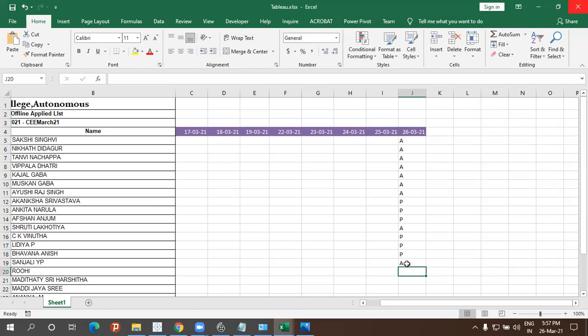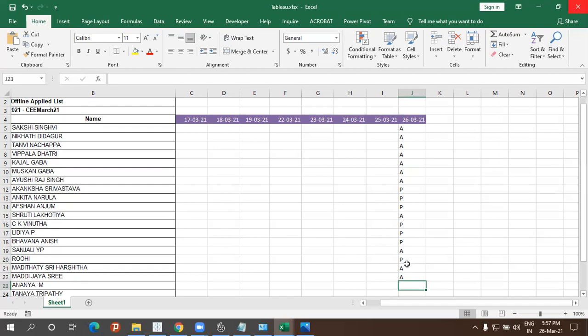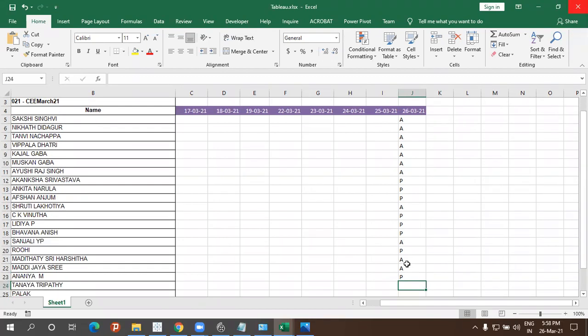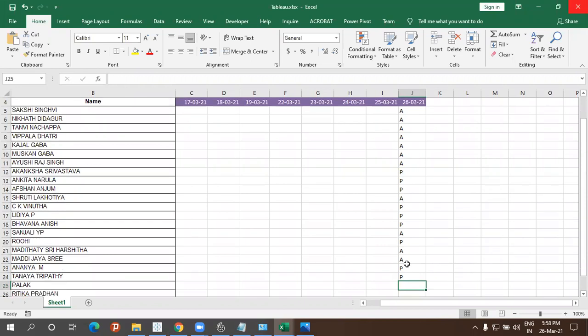Present, sir. Harshita. Sri Harshita. Jaysri. Ananya. Present, sir. Tanya Tirupati. Present, sir. Palak. Present.